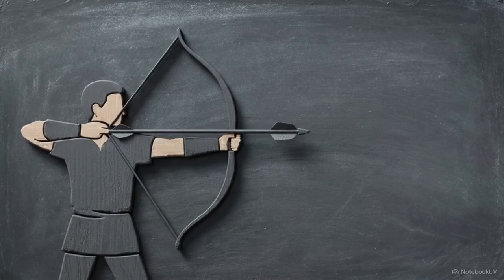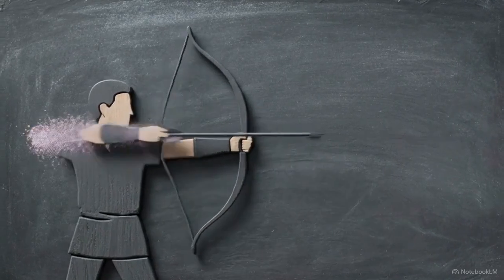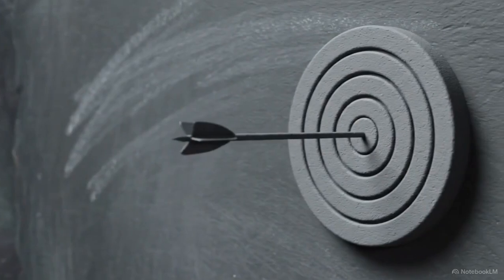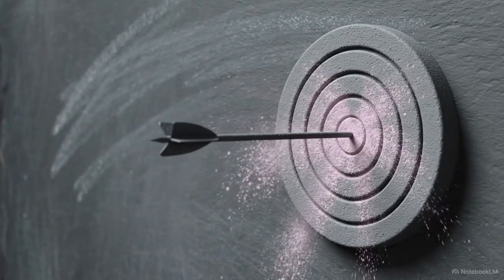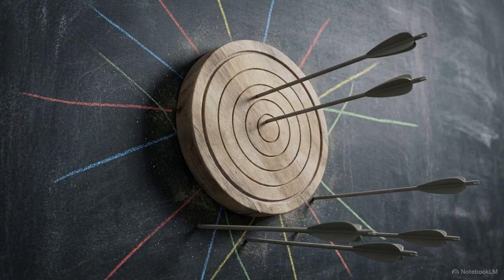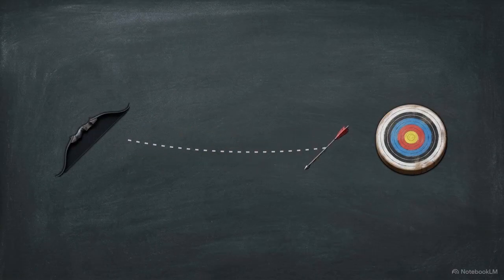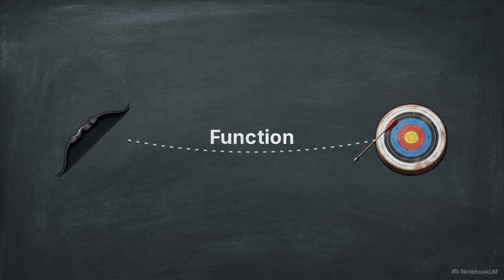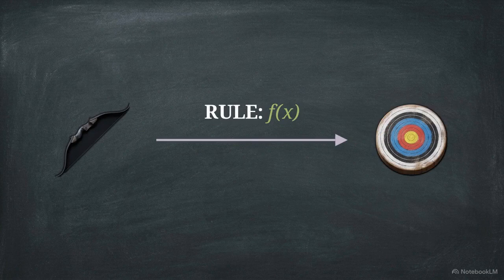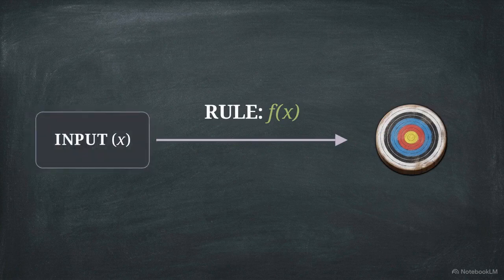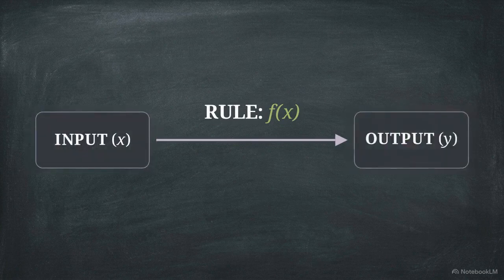Picture an archer out in a field, firing arrows at a distant target. Some of those arrows bury themselves right in the bullseye, others catch the edges, and a few might miss the target entirely and land in the grass. That physical act of drawing a bow and sending an arrow flying toward a destination is exactly how a mathematical function works. A function is simply a rule that takes an initial input, like our arrow, and launches it toward